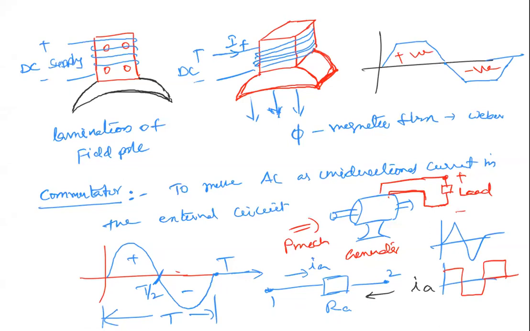A diode rectifier will convert alternating voltage into a direct voltage, right? Similar thing will happen when we keep a commutator. The same function is done by the commutator here, just like your full wave rectifier. But we should not call it a full wave rectifier; it is a mechanical rectifier. The commutator is a mechanical rectifier, an important part.